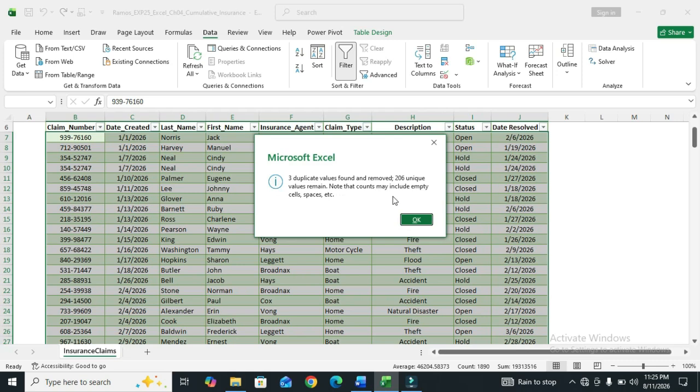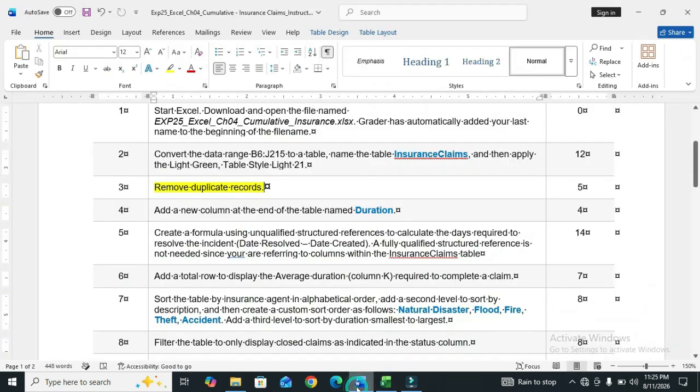Note that counts may include empty cells, spaces, etc. Click on OK. So step number 3 has also been done. So we move to step number 4.